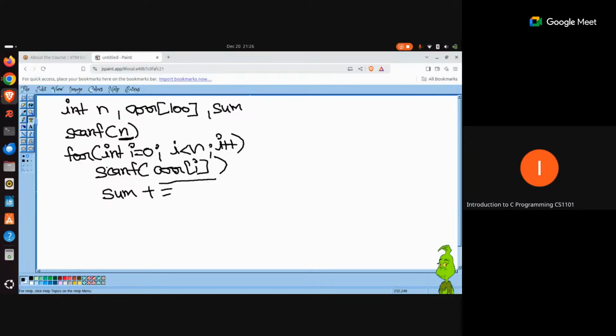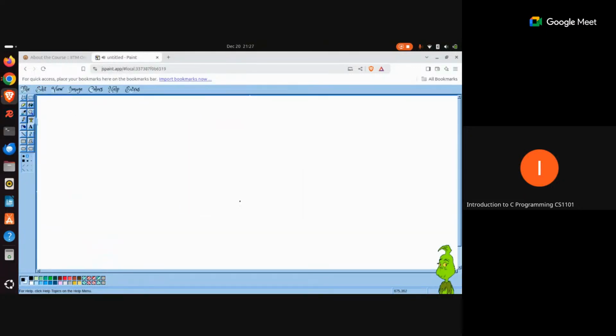So array is what? As the definition that we discussed in the very beginning was that array is the collection of homogeneous elements, where homogeneous corresponds to the data type. That means it is a collection of elements having the same data type. Now it is not possible for you to create an array where the first element is going to be an integer, the second element is going to be a float, the third element is going to be something else, and the fourth element is going to be something else.